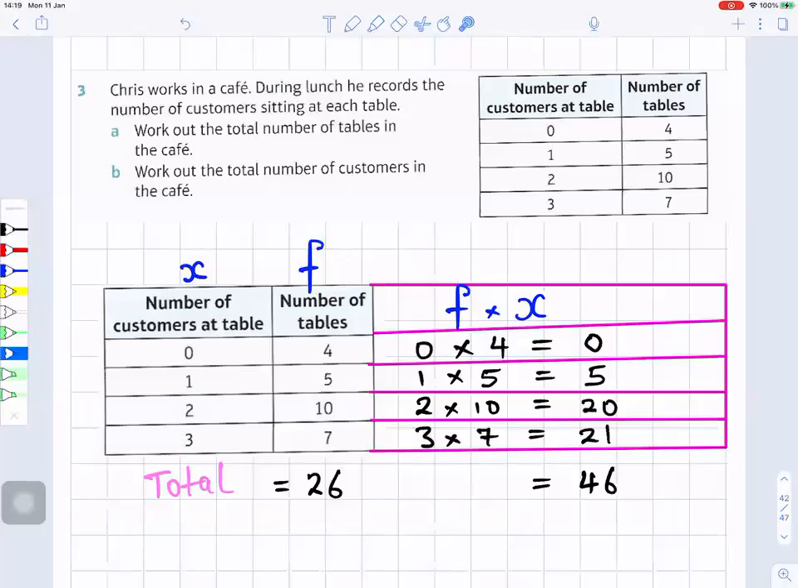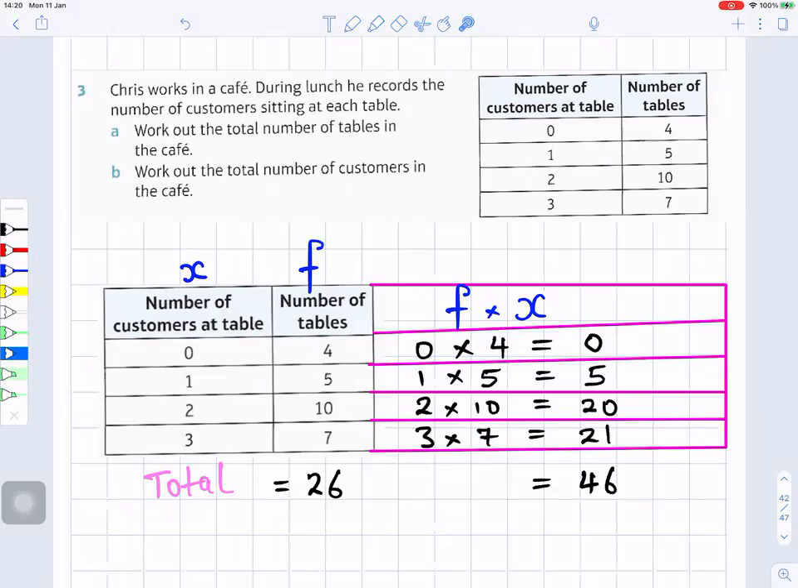So Chris works in a cafe. During lunch, he records the number of customers sitting at each table. Work out the total number of tables in the cafe and work out the total number of customers in the cafe. So in this cafe where Chris works,